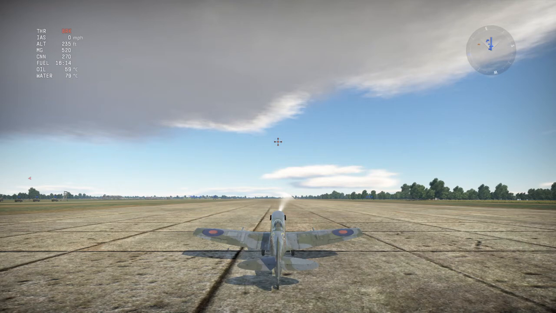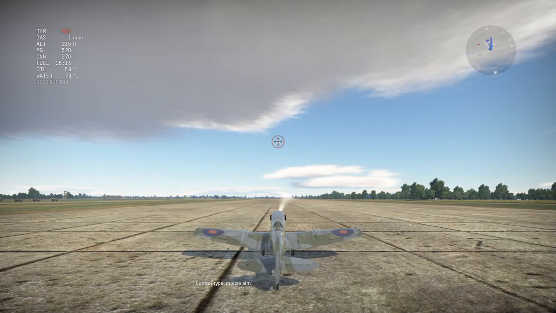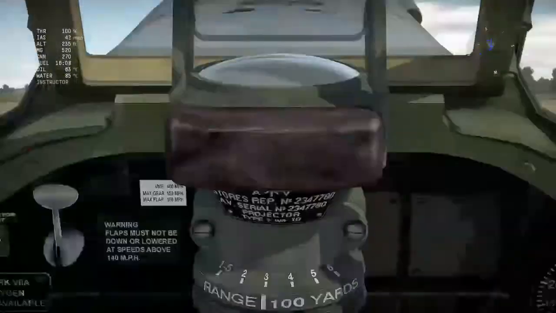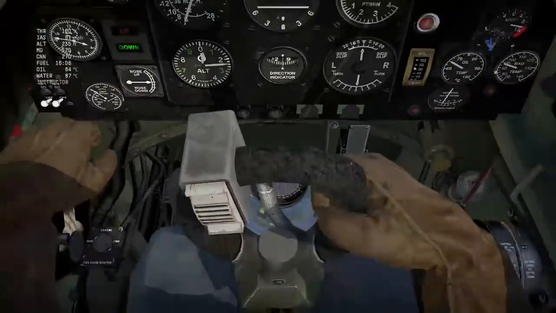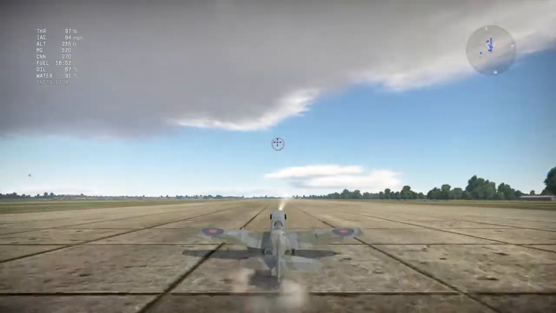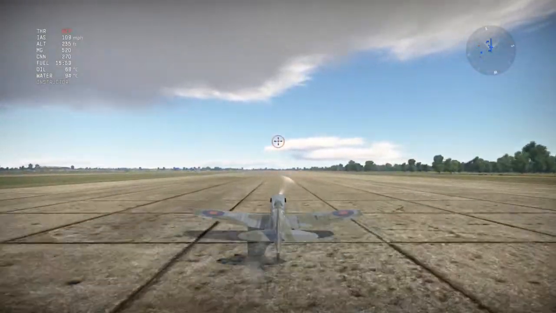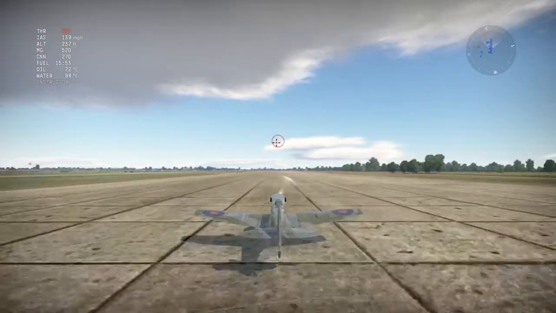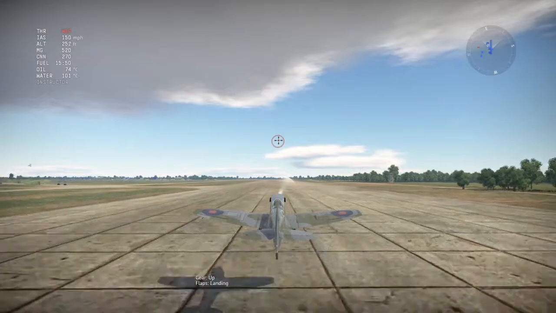What do you do? A lot of people say just pull back on your control column, which will be this thing right here. But that is wrong. What you need to do is push forward on your control column, because what happens is,